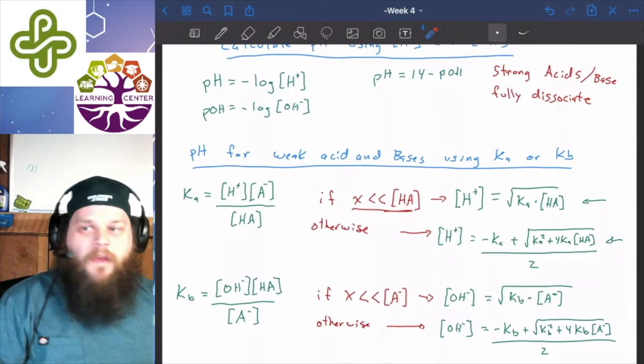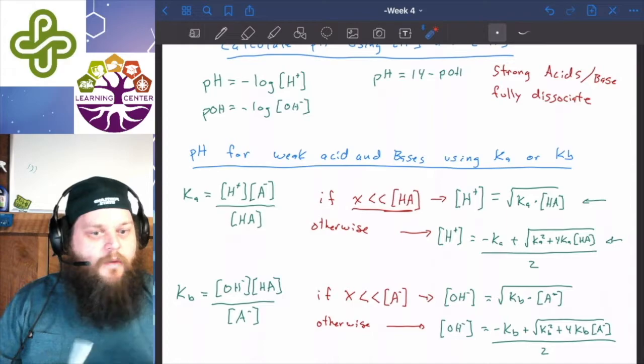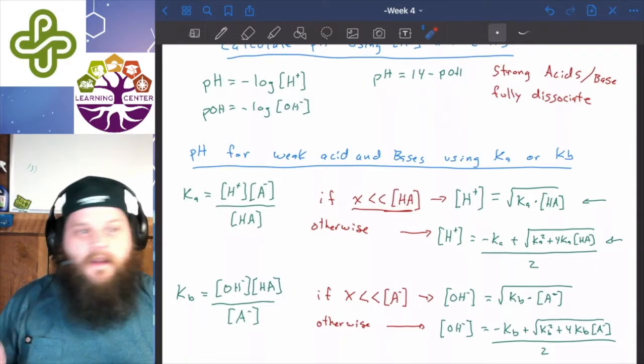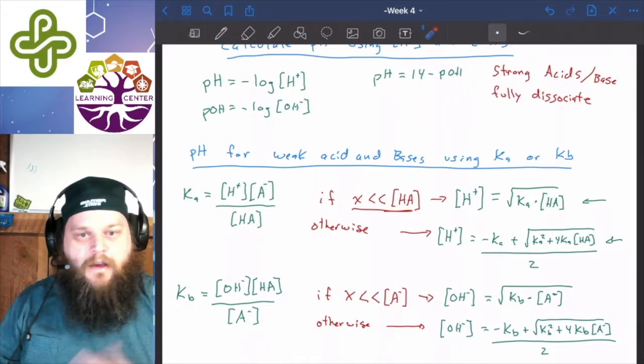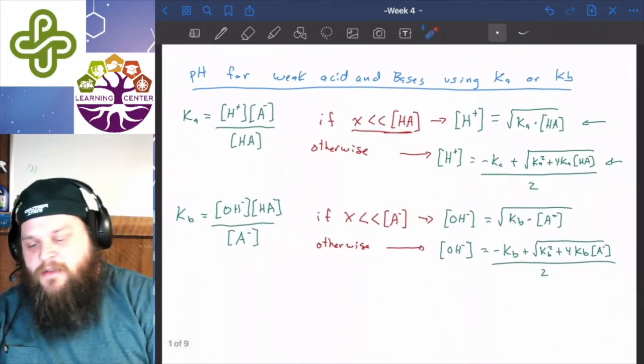We'd find that situation for titrations usually at the equivalence point or at the beginning of the titration before we've added any of the base. But in between those points, we end up with a buffer.